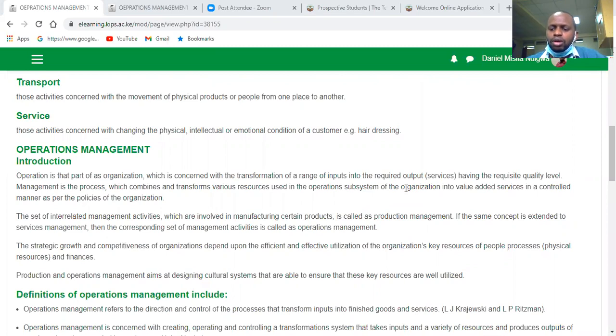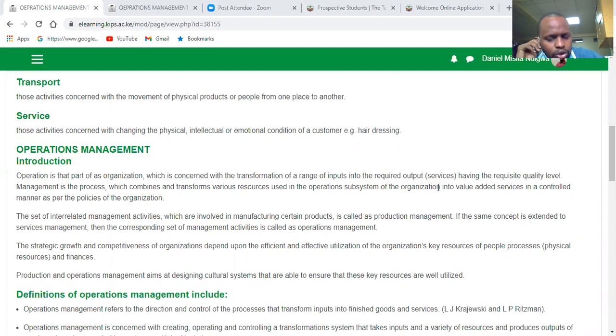So when you're talking about operations management, it is important for you to understand that we have various components that play a very critical role in operations management. And one of the components basically is the inputs. These are the materials or the activities that contribute to the process of production or operations. Then we have the transformation process, that is conversion of